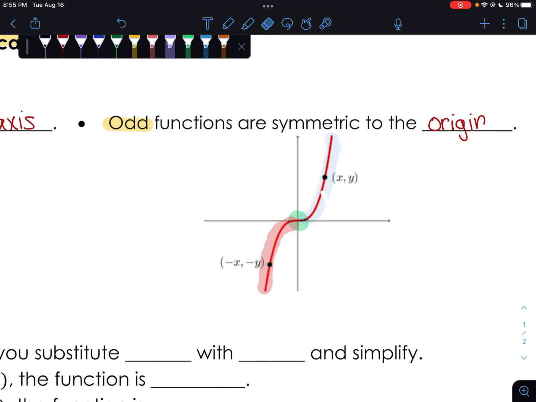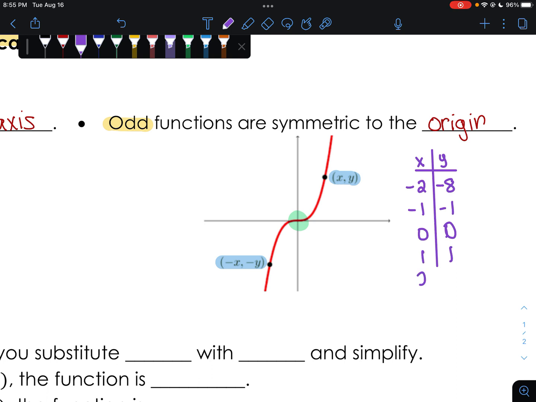Okay, as far as our points go, if I have the x, y value, to know that it's an odd function and symmetric to the origin, both of my signs are going to change. So if I had a table, what we would look for would be if I have -2, -8, -1, -1, 0, 0, 1, 1, and 2, 8. So notice how I have a -2 and a +2, and my -2 has a -8, and